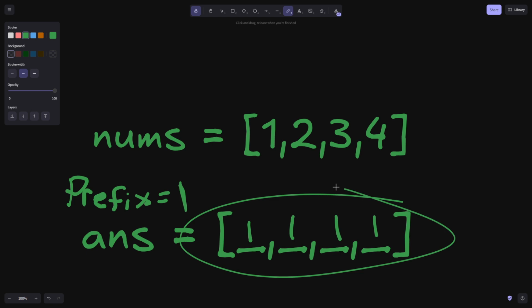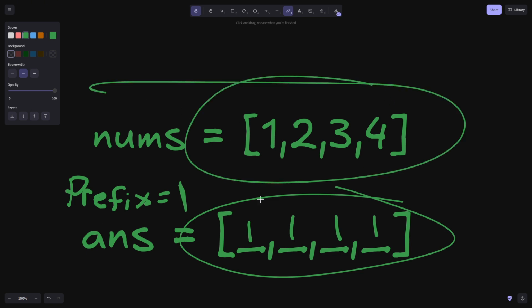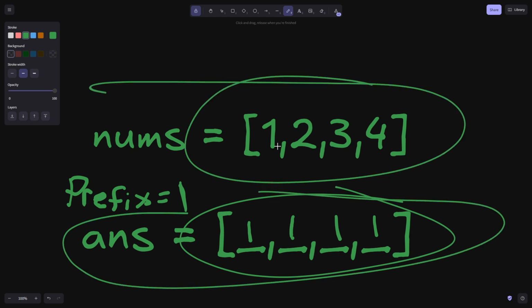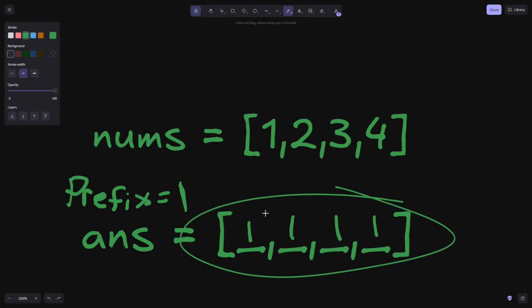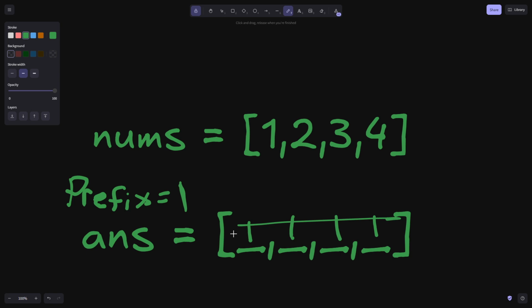Okay, and the length of this is just the length of nums. So basically we create this answer array by taking the length of nums, and populate everything in the answer array initially with just ones. Okay. And so the way we're going to do this is we're going to take,